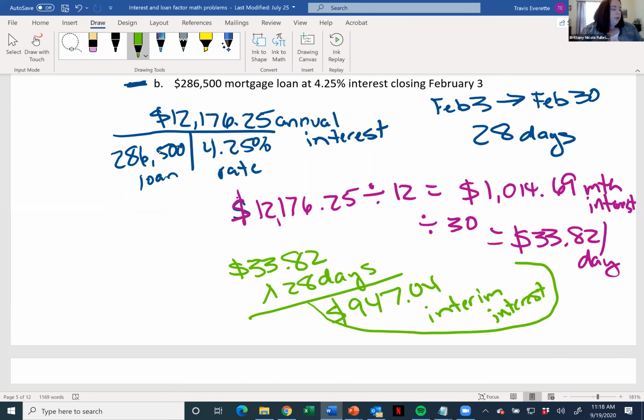Okay, so for interim we count forward in the calendar, and for accrued we count backwards. That's right. And interim is the gotcha one. I won't say tricky. It's not tricky. It's just that it gets you because the number of days is trickier to deal with.